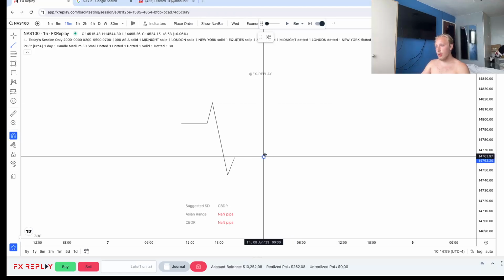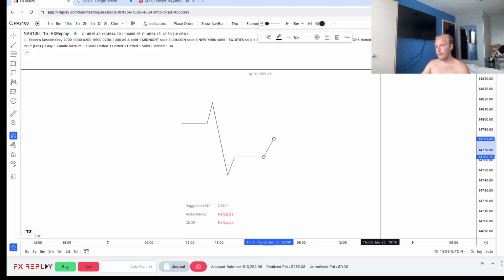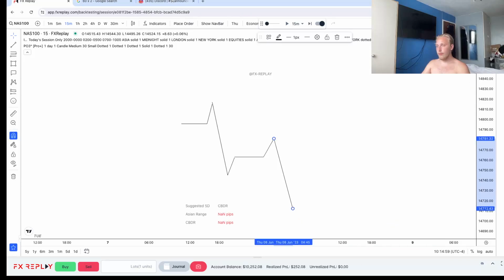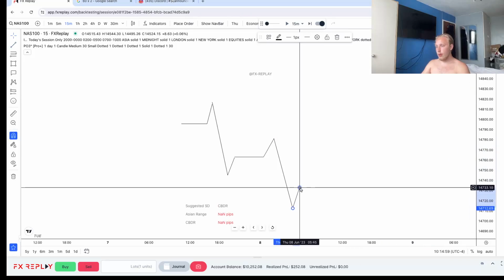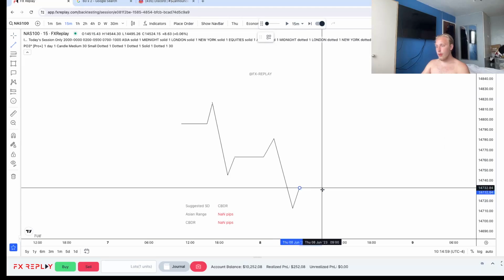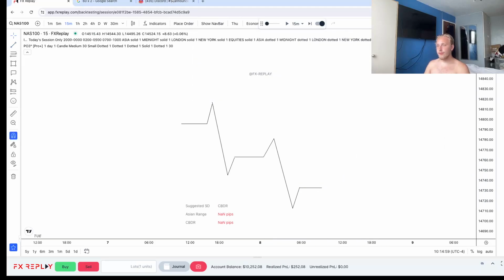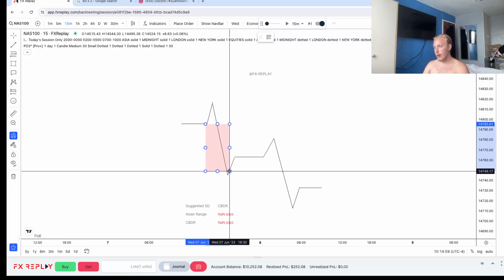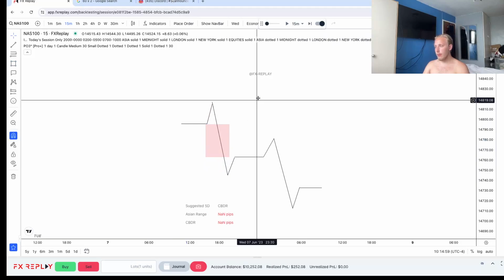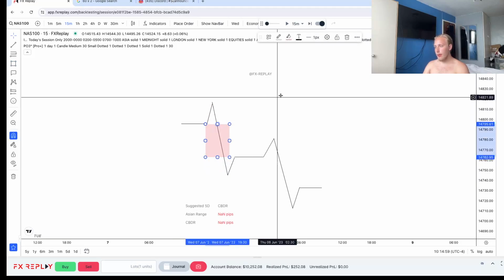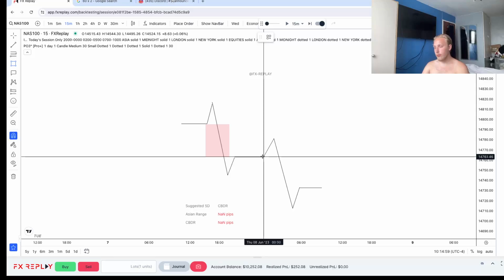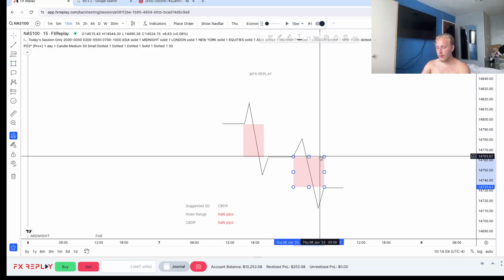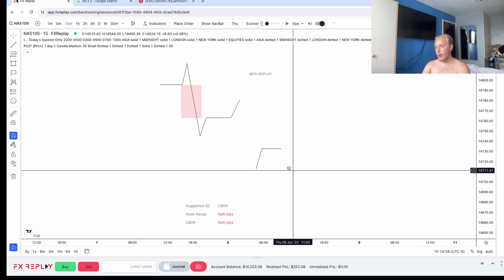Open, high, low, close, and we can just add a candle in to represent what this would look like in the chart. This is it. This is how candles move. This can be your holy grail. Now,